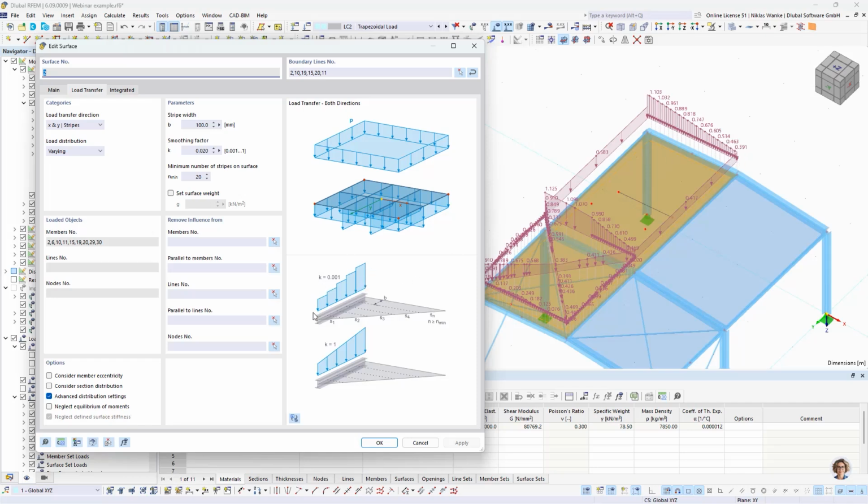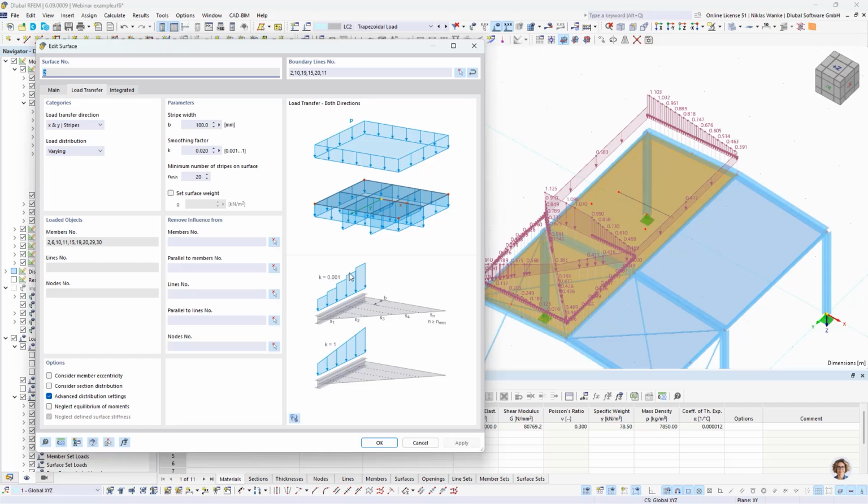And it's the same as shown here in this image. The reason for that is that every stripe only calculates a constant load distribution for the connected objects like this member. So the line load or the member load will always be constant for the pure calculation of this load distribution. But of course, this stepped